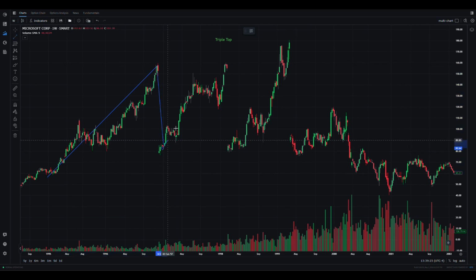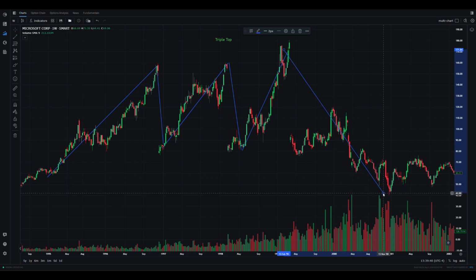The formation of a triple top pattern suggests that buyers have attempted to push the price higher 3 times, but have failed to sustain the upward momentum each time. This repeated failure suggests a strong resistance level and exhaustion of buying pressure, potentially signaling a reversal from an uptrend